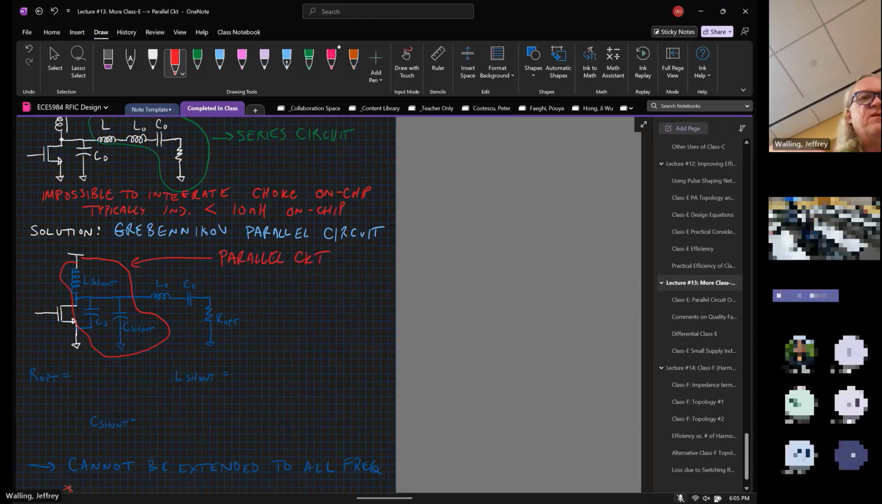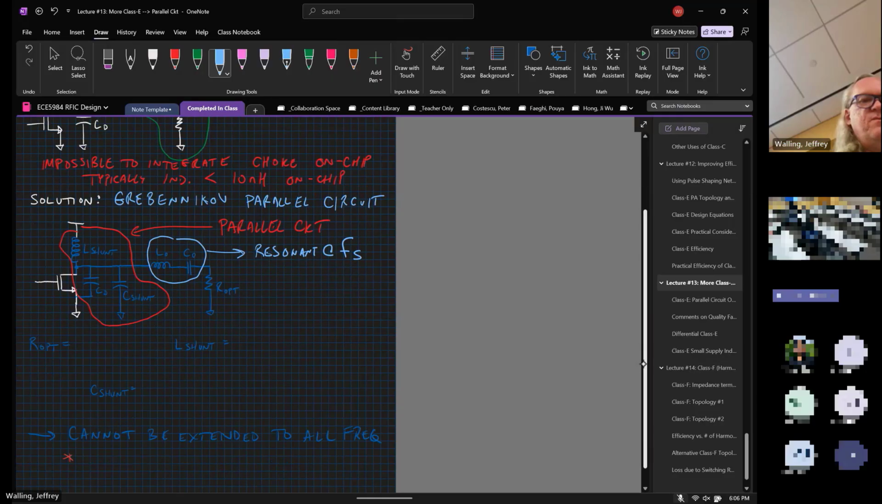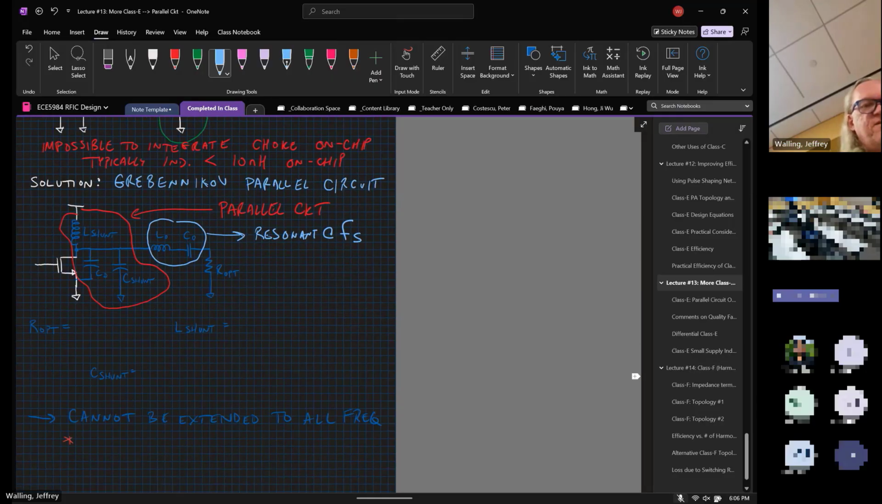Okay, just like before, this L naught and C naught is resonant at the switching frequency. And he went back and resolved all the equations, given that I have that parallel network instead of a series network. And he showed that R opt is now equal to